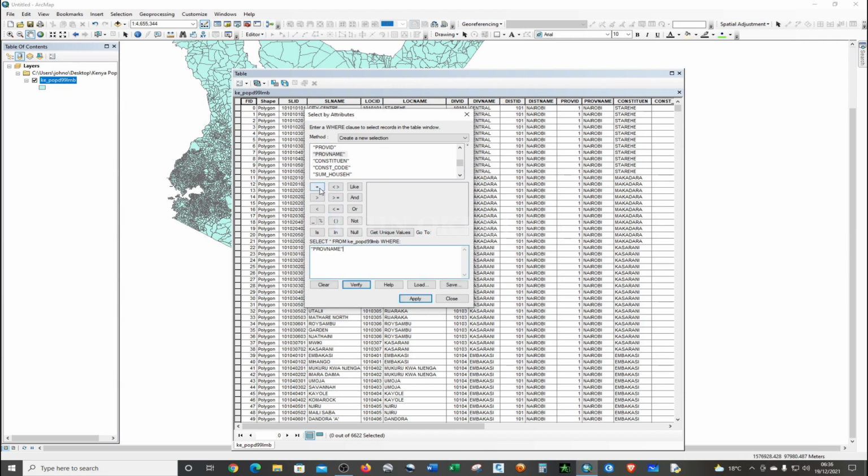Province name equals to the unique value, and constituency name is equals to, instead of that just OR, constituency name equals to